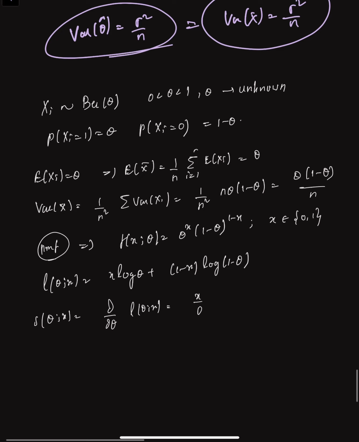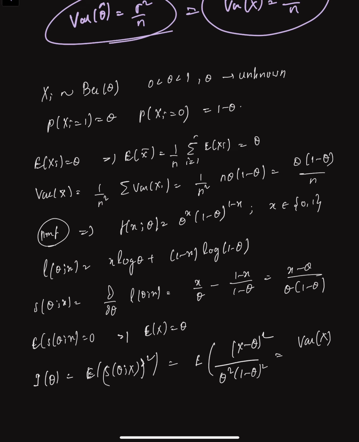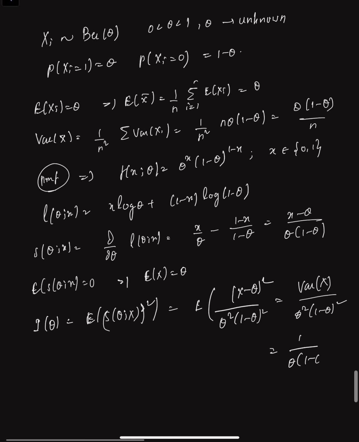So that is nothing but x by theta minus 1 minus x by 1 minus theta, which is x minus theta by theta into 1 minus theta. So the expectation of this s of theta of x is equal to 0 because the expectation of x is nothing but theta. So therefore the Fisher information I of theta is the expectation of s of x whole square, which is nothing but the expectation of x minus theta whole square by theta square into 1 minus theta whole square, which is the variance of x by theta square into 1 minus theta whole square,